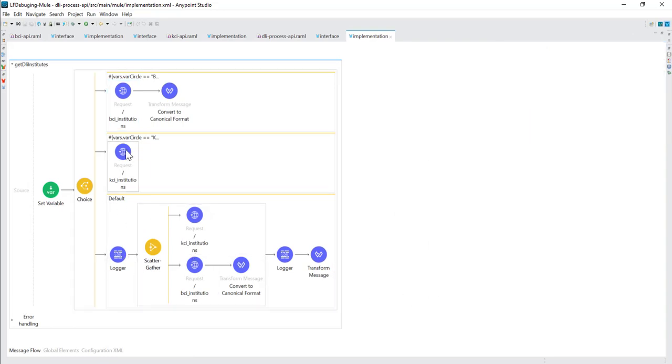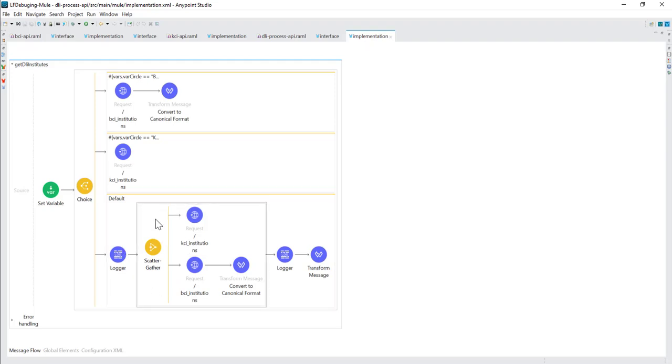See, in case it is not BCI or KCI, it will go to the default section of the choice router flow, right? I have already created another video for this routing section, so if you need more details about that, I would request you to go to that video and please have a look.